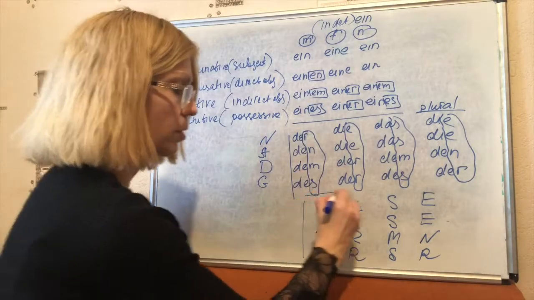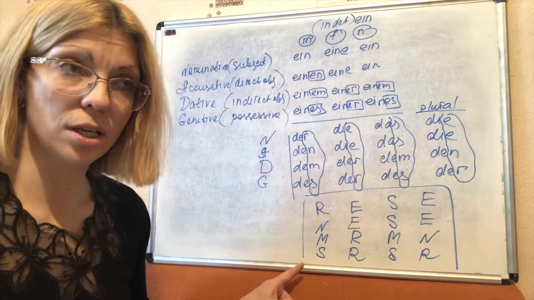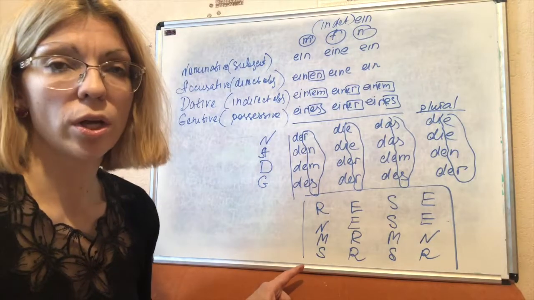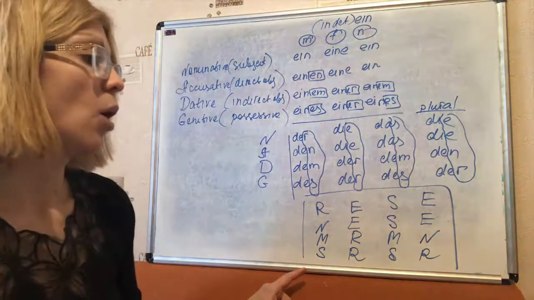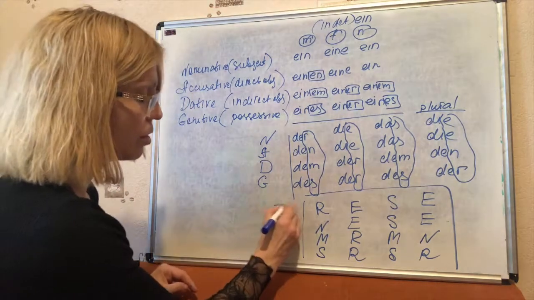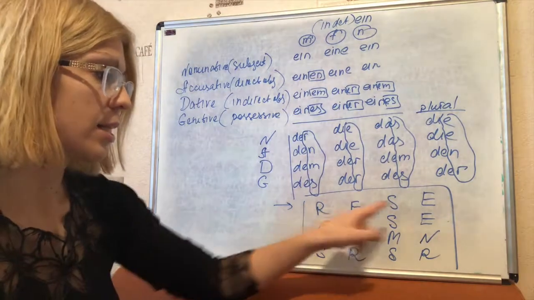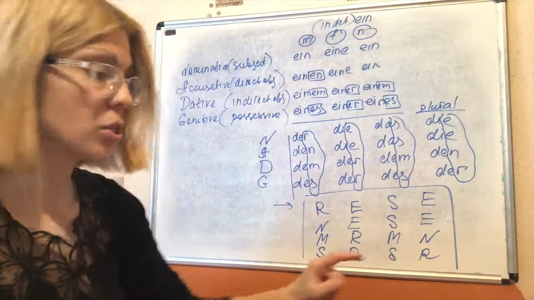Okay, take a look, please. It's a mnemonic, and it's really easy to remember, I think, especially when you are just starting to learn German. What you should remember for the nominative case, you should learn the word